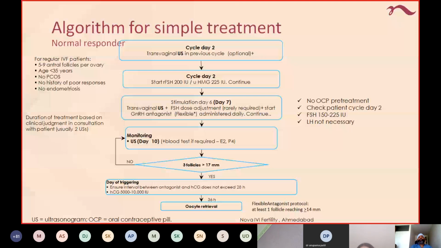And next important is the donor recipient cycle. Yes, if the follicular reserve is very low, and if the AMH is low, if there is no egg reserve left, then there is no option other than taking eggs from an egg donor. So the principle is, in egg donor cycles, there is little flexibility in changing.